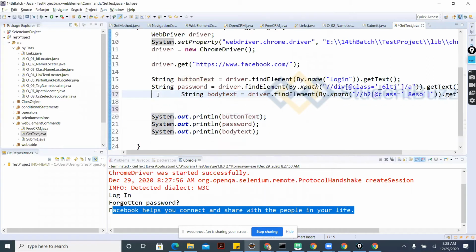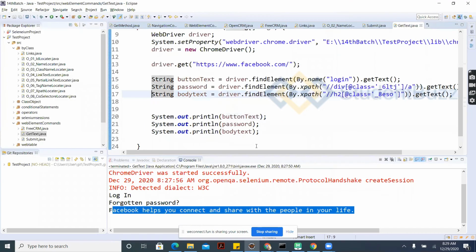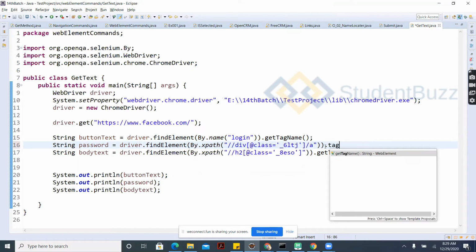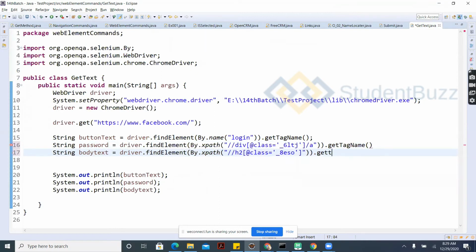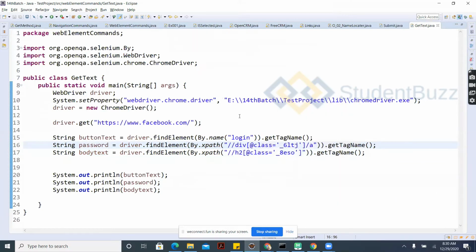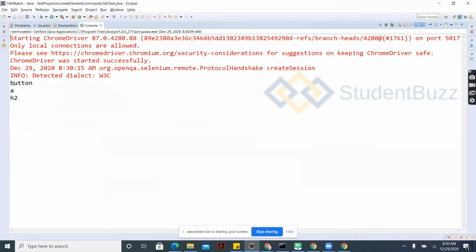Do we have any questions on string text or get text? We have get tag name. See, login is a button. We are doing the get text, but I also wanted to know this tag name. I'll do the tag name also. See, it is a button.